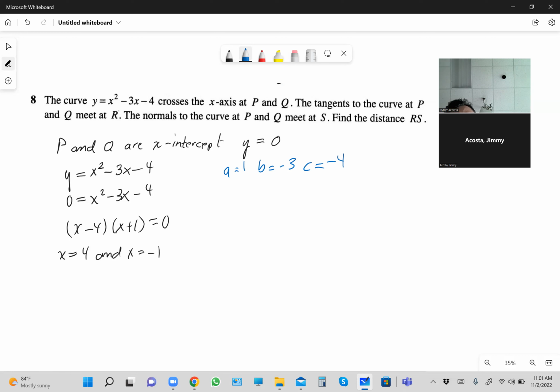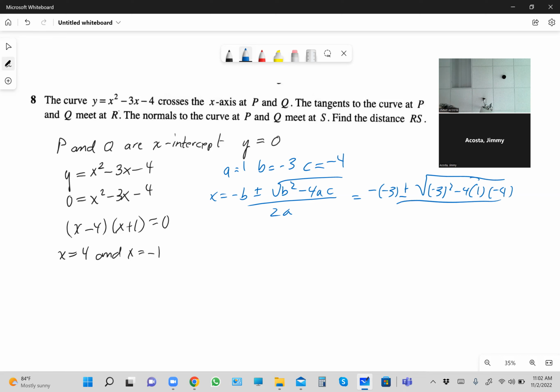So x equals negative b plus or minus the square root of b squared minus 4ac all over 2a. So that's going to be negative of -3 plus or minus the square root of -3 squared minus 4 times 1 times -4, divided by 2 times 1. So x equals 3 plus or minus the square root of